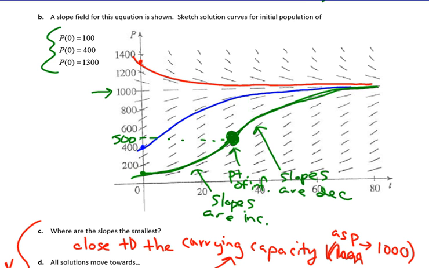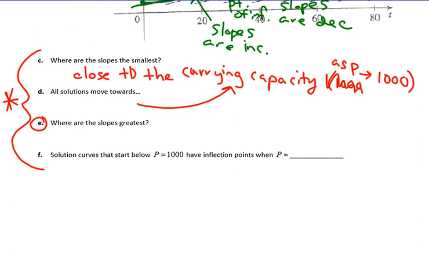So if you look over here, where does that occur? It looks like it's about 500, which, and this is true for all logistics, is half of the carrying capacity. And so that is something that you have to memorize. The population is going to be growing the fastest at half the carrying capacity. So that's where you're going to have a point of inflection. So this is half of carrying capacity,